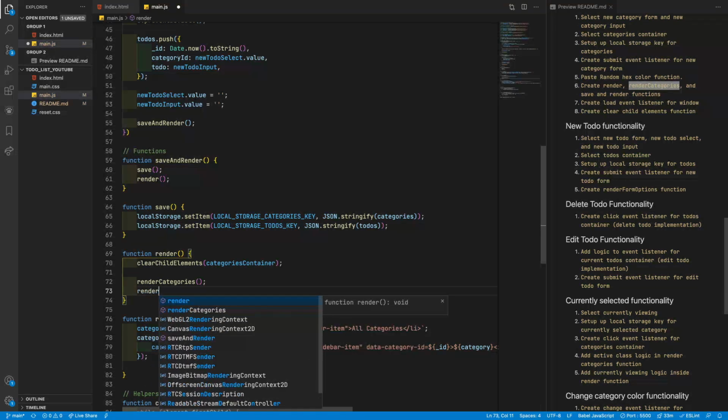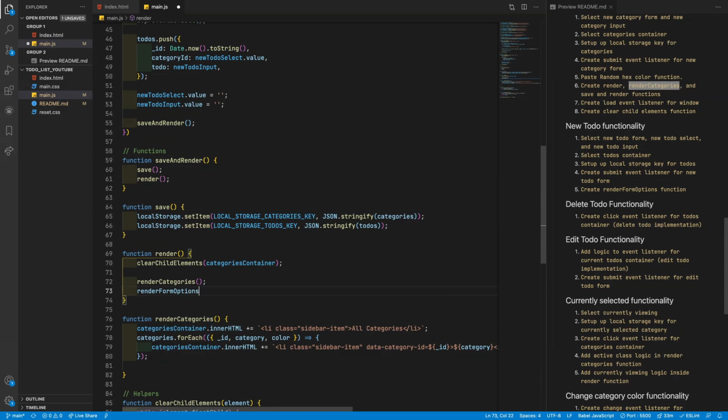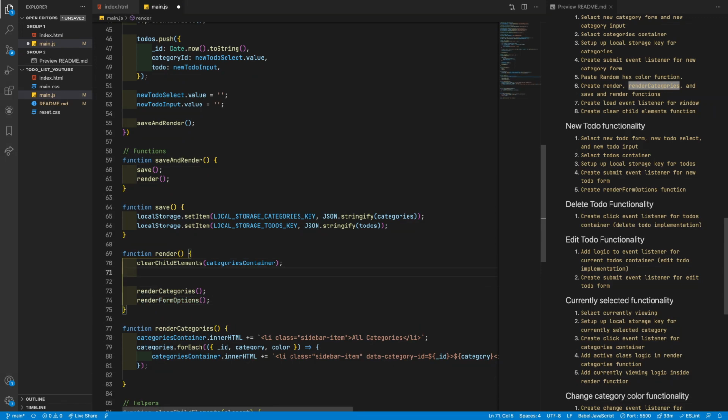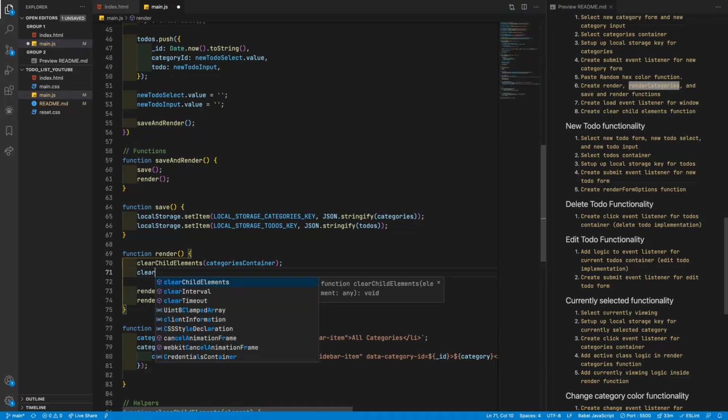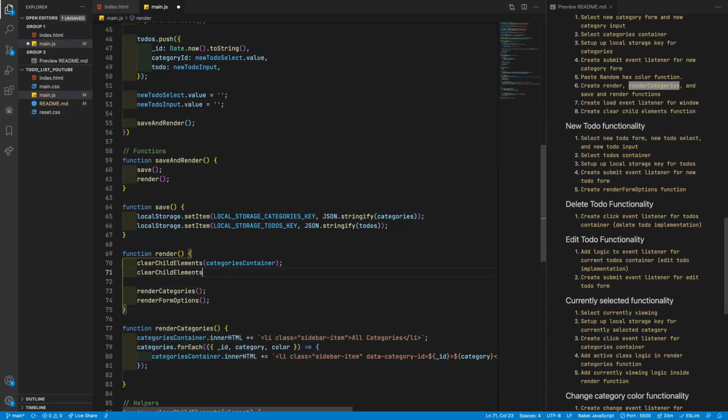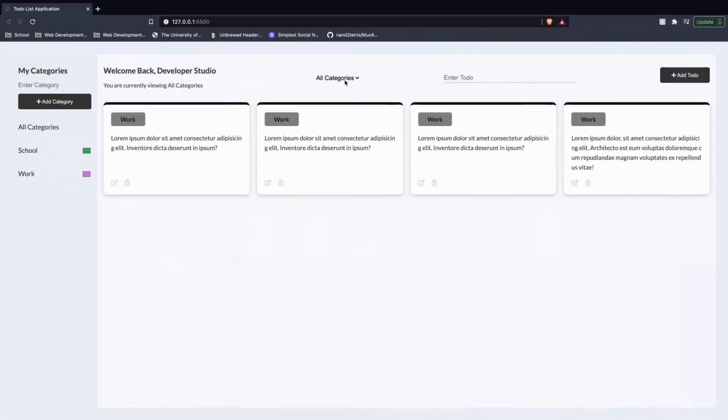Let's do render form options. It's the same deal with this though. We still have to clear the elements of the form options,